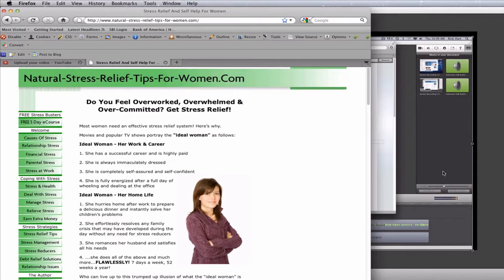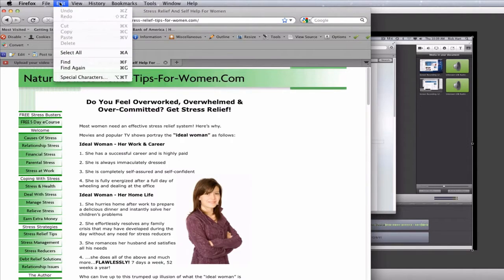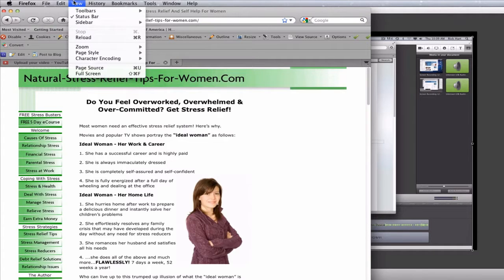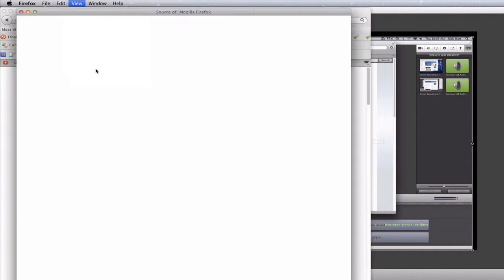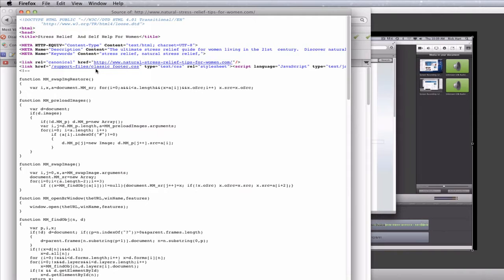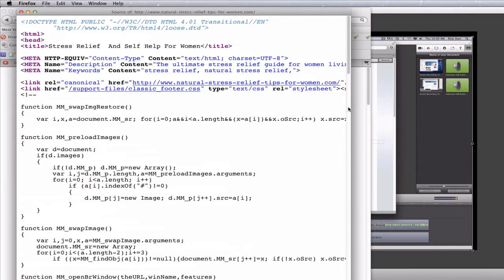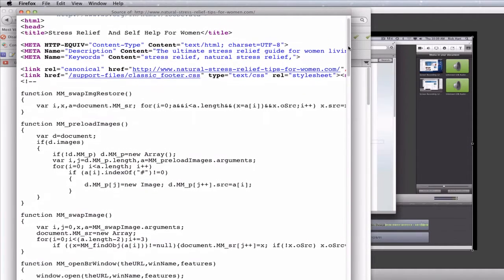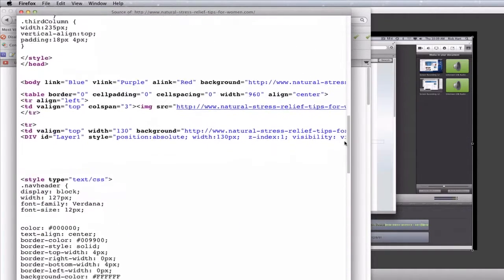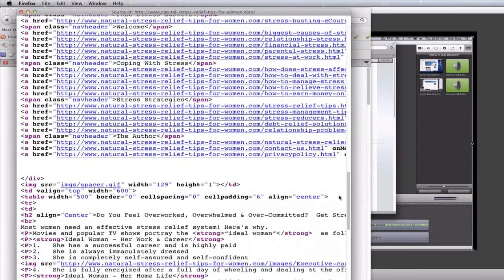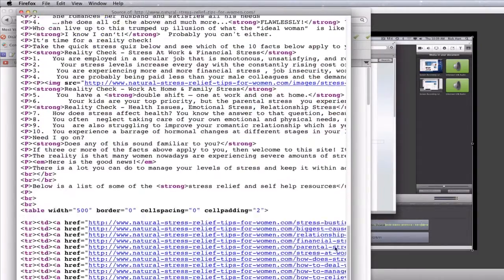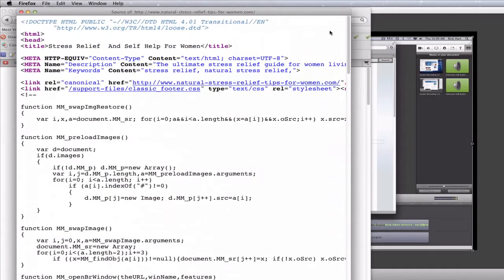And again, the underlying source code, I can go up to the View menu and choose Page Source. And I'm going to see the source code that makes up your page. A little hard to see there, but this is the source code that makes up that page. And it's HTML code. It may look like gobbledygook, but it's exactly the same thing